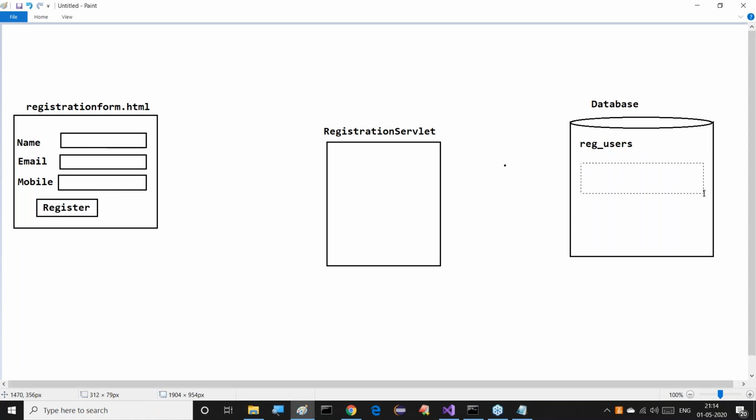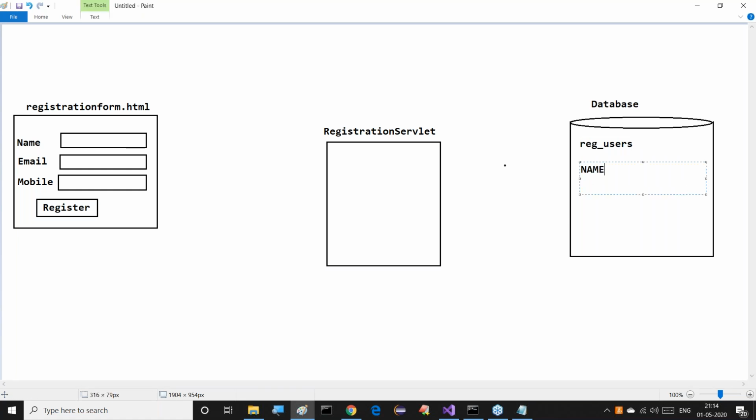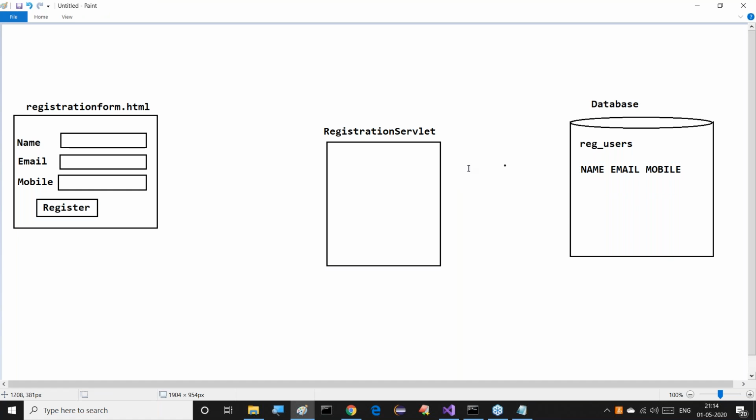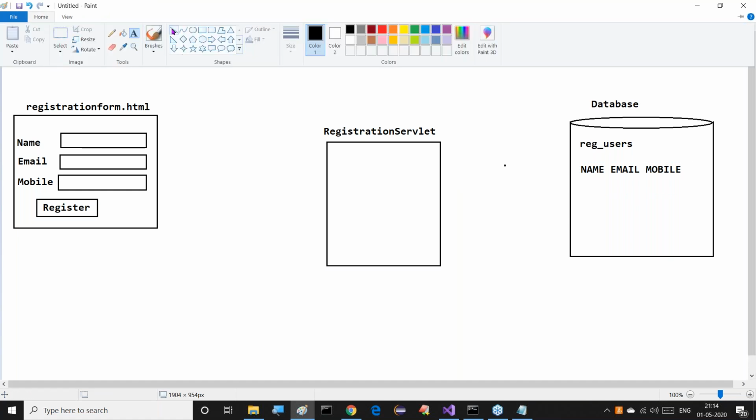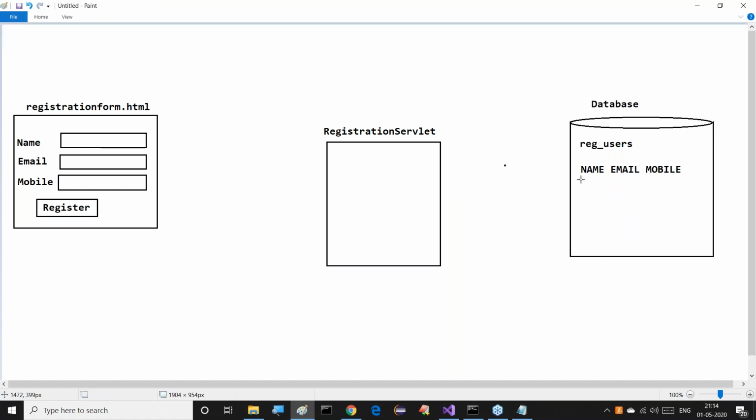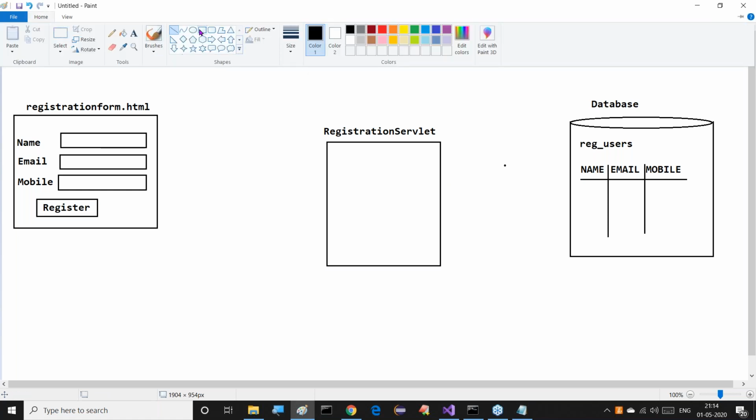Inside this table we get name, email, and mobile number. With these fields, some table exists. That's okay, good. This is my table, you can understand it now.